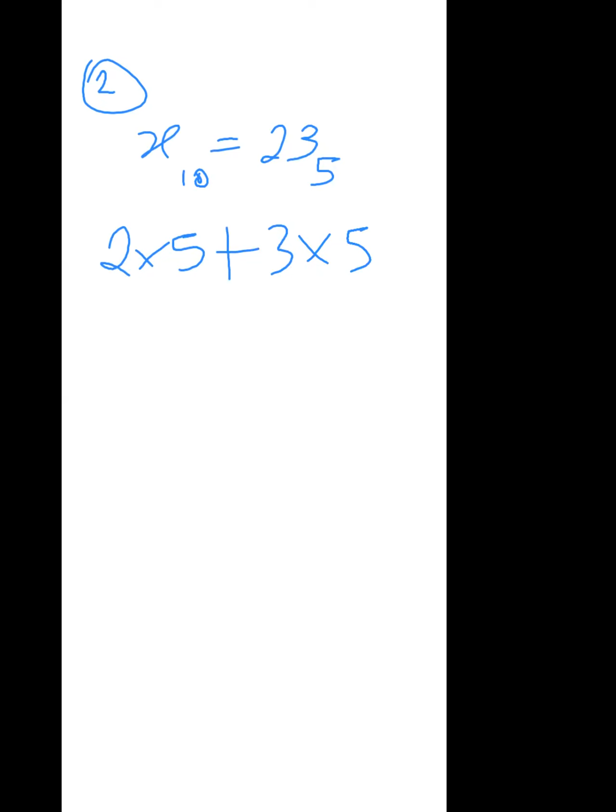Now, starting from my far right hand side, I'm going to start with a power of 0. So this one will carry a power of 0. This one will carry a power of 1. And that's all we have. That's all the 5s we have in that. So we'll stop there. We'll continue like that until we reach the last 5 on the far left hand side. So this one now will give you 5 raised to power 1, of course, is 5. So 2 times 5 will be 10. So I can just write it as 2 times 5 plus 3